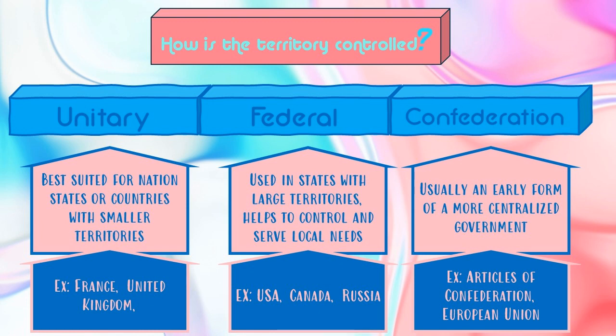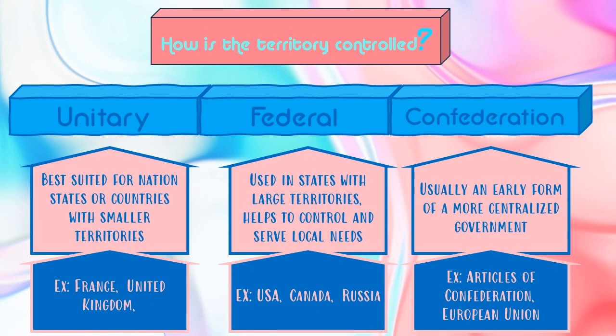A federal government is going to be better off, especially in a state with a large territory. My examples there: Russia, Canada, and the United States. Those are the 3 largest countries in the world in terms of space. So all 3 of them have found that a combination of central planning and local control is best to meet the needs of the people and simultaneously cooperate or work together